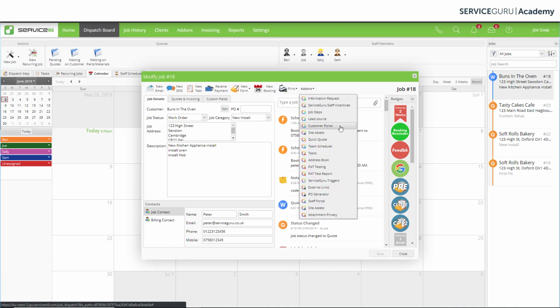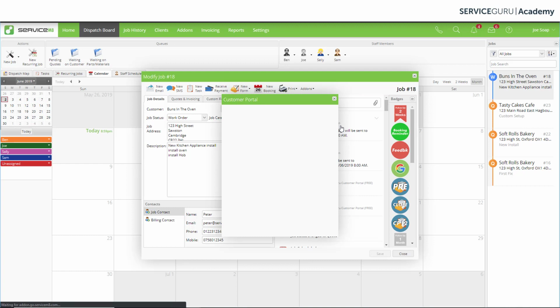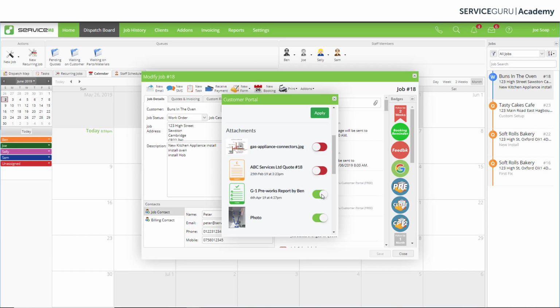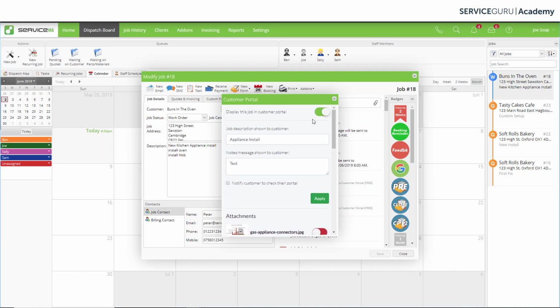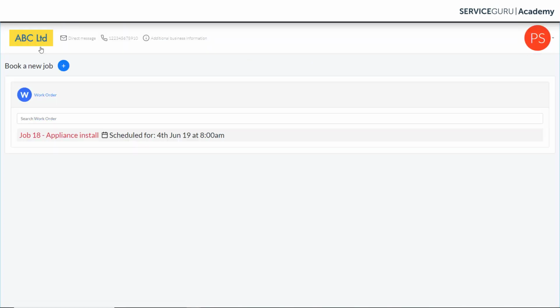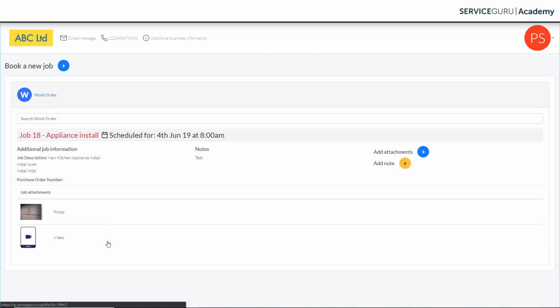Again, we might want to change the information that we're sharing with our customer, and it's as simple as opening up the customer portal, toggling off the items that we want to hide from that customer, or we might want to go hide the entire job from the customer. And the minute we do that, if we go back to the customer and they do a refresh, we'll see that that information is immediately adjusted in real time for that customer. So a really useful tool, incredibly powerful, and gives you a great way to communicate or gather information from your customer and share information with your customer so that they don't have to keep coming back,